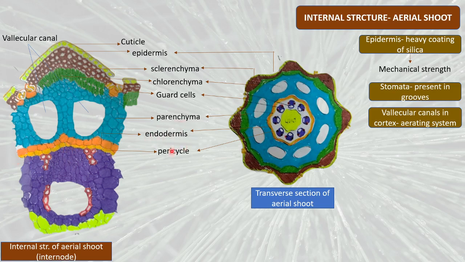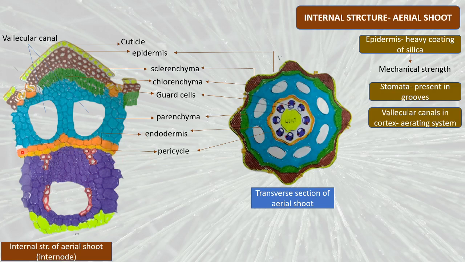Now there is one more thing that we need to understand about endodermis, which is the arrangement of the endodermal layer in different species. We will understand this in more detail in the next slide, and also we are going to understand about stomata in more detail in the next slide, right? So endodermis is followed by a single layer of pericycle.